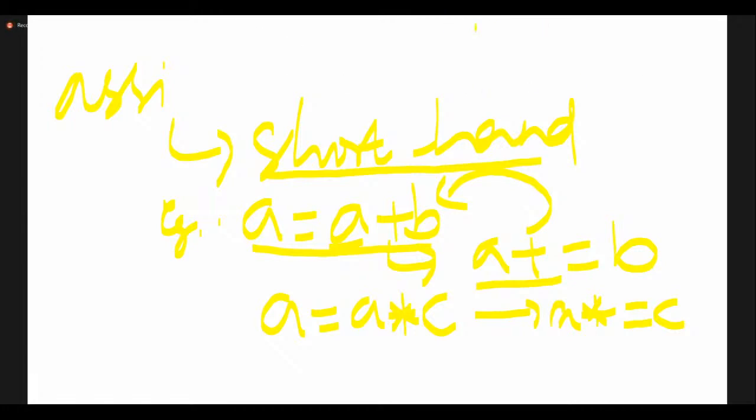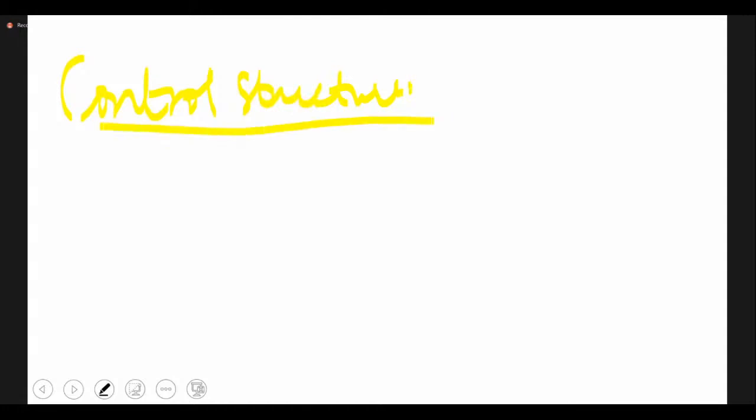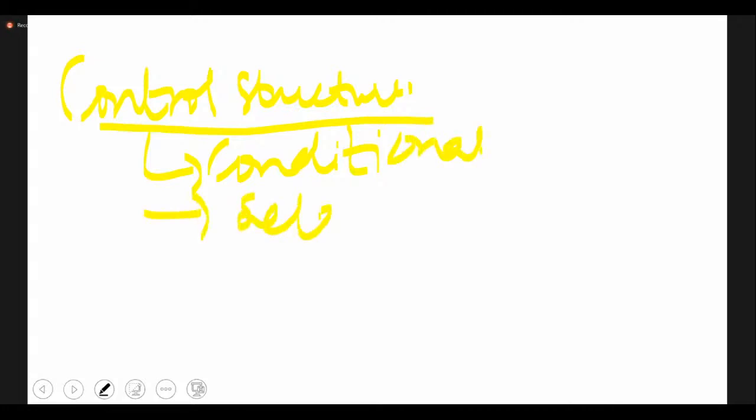Anyone else have any doubt? Can I move on to the next concept? Okay. Next we have a different topic, that is control structures. Under control structure, we have conditional control structure, selection control structure, and the other one is iterative control structure.